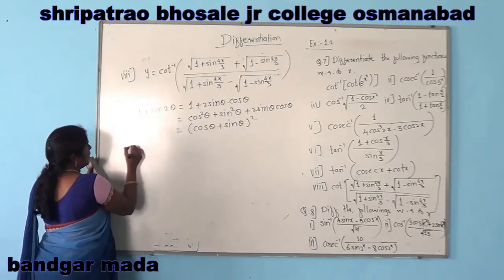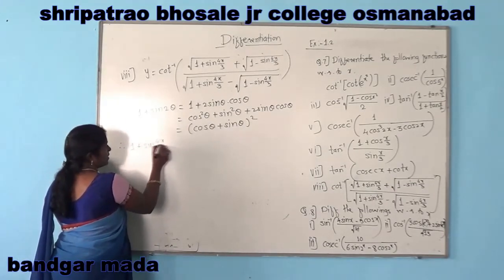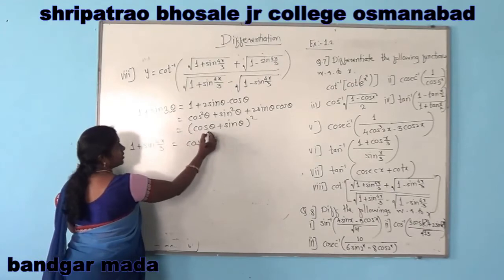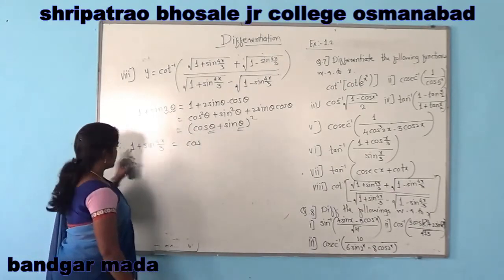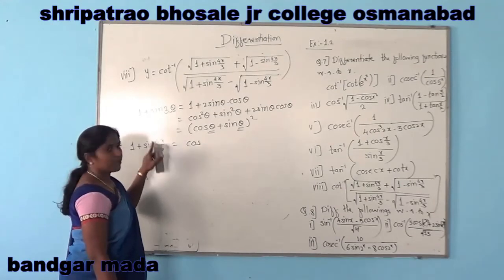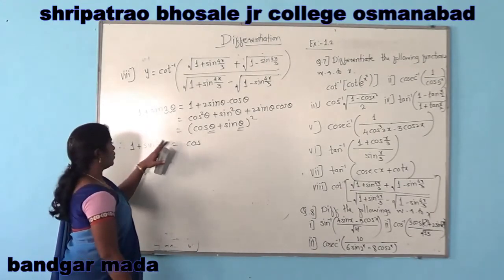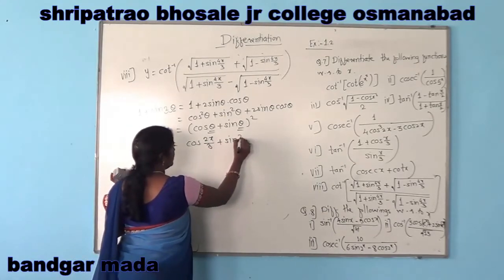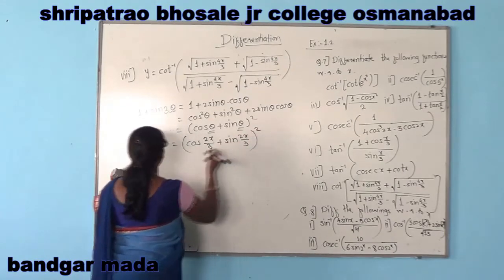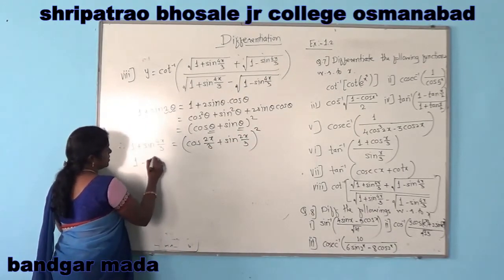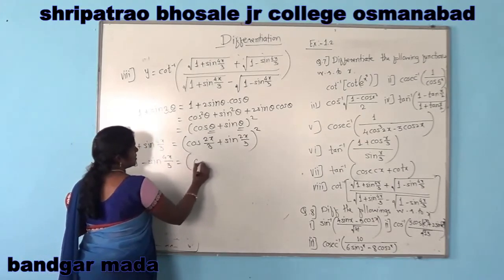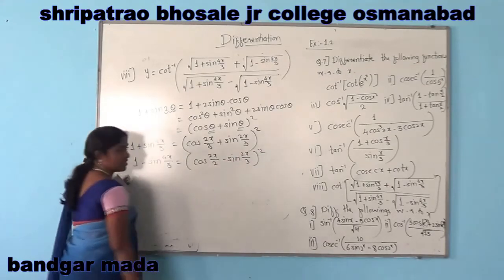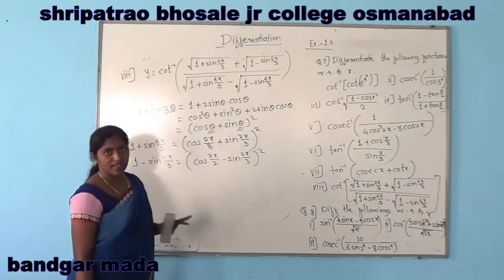So we can write this 1 plus sin 4x by 3 like this. If there is 2 theta here, then we have to write the half angle. So if there is 4x by 3, then 4x by 3 upon 2 will give 2x by 3. So the half angle of 4x by 3 gives cos 2x by 3 plus sin 2x by 3 bracket square. Similarly, 1 minus sin 4x by 3, we can write as cos 2x by 3 minus sin 2x by 3 bracket square. We have to know this simplified form to solve the example.